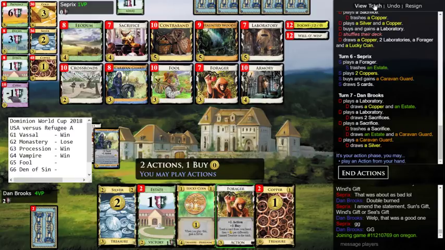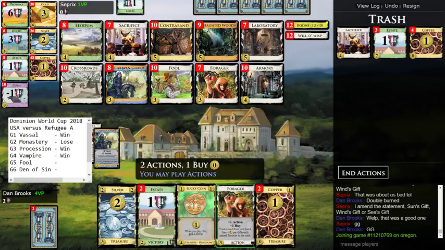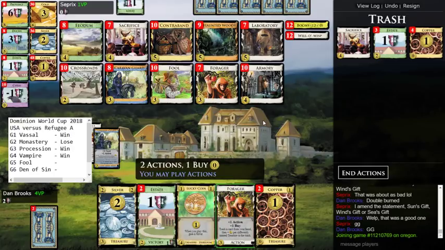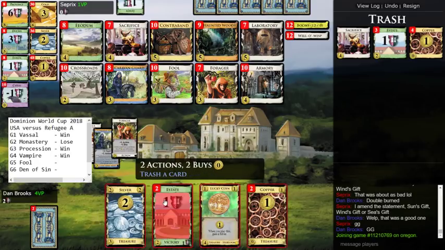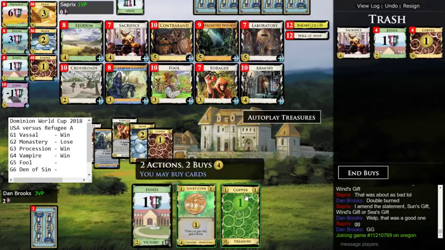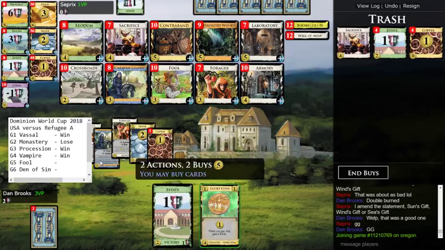So this is 5, and then if I play Voyager here, it's 6. I don't really need that. I could get like Crossroads. I could go Armory though. Armory is kind of sweet. Crossroads Armory, Crossroads Haunted Woods. I could just go Haunted Woods. No, but I think I want the Crossroads. Oh, I could decline to play Lucky Coin. Yeah, it's probably worth it. Okay, and I'll go Crossroads. Crossroads Caravan Guard does seem sort of funny,